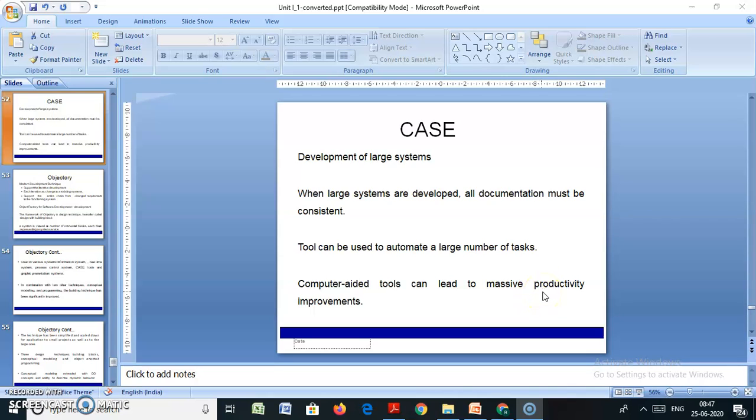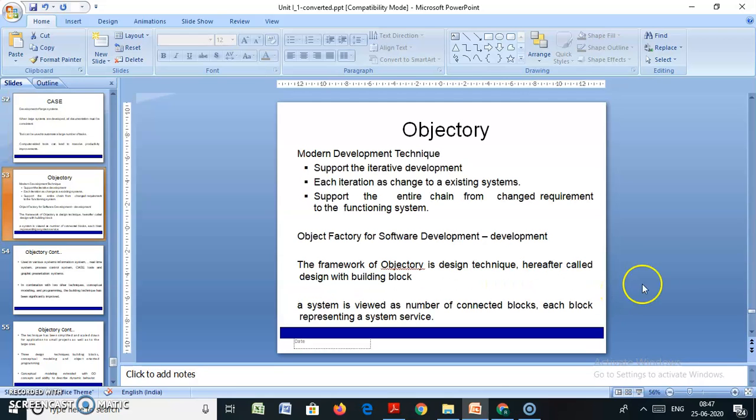These CASE tools also provide various development strategies, and based on those development strategies, we increase the productivity of the product.